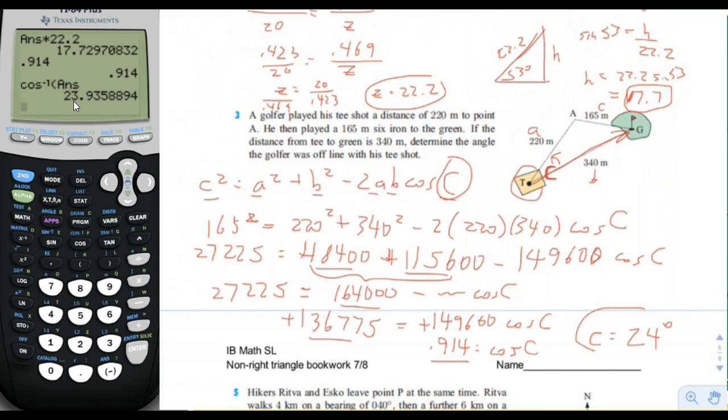So he was 24 degrees off to the left on his tee shot. All right, and that is the end of this